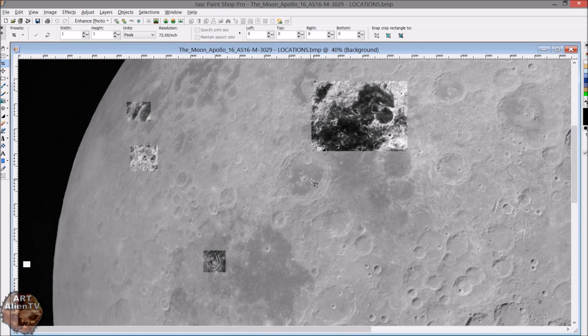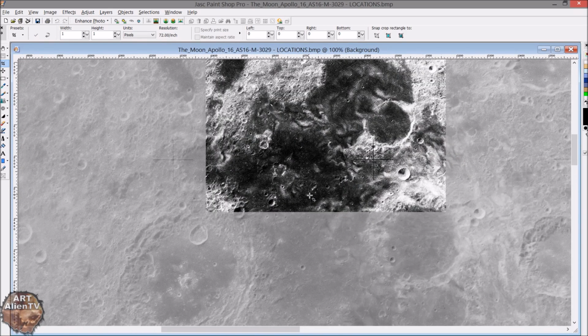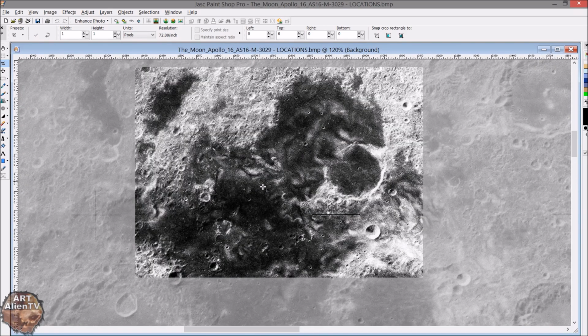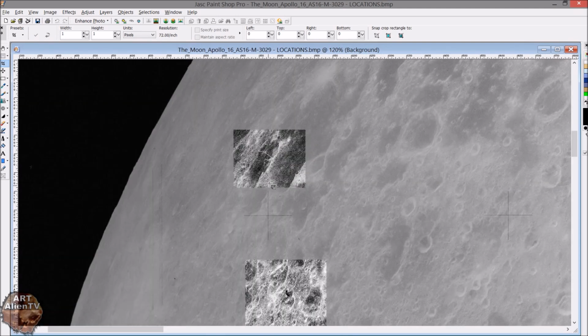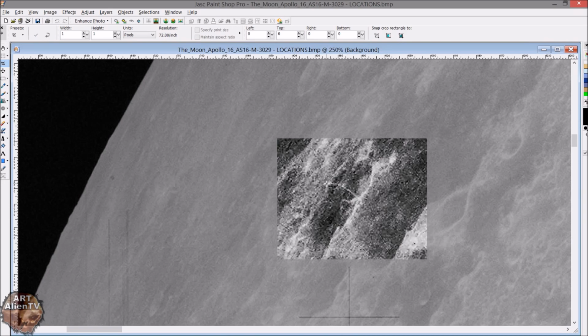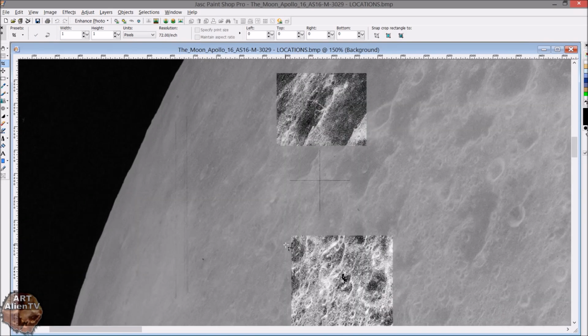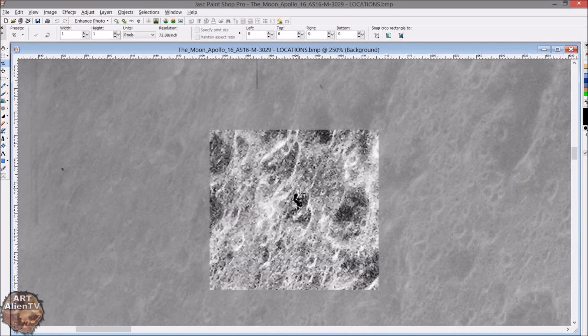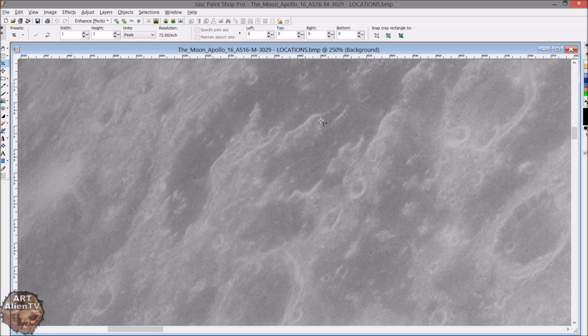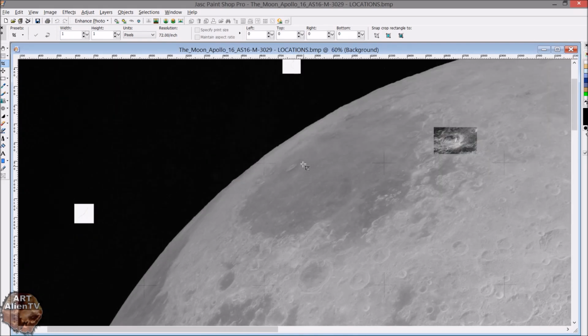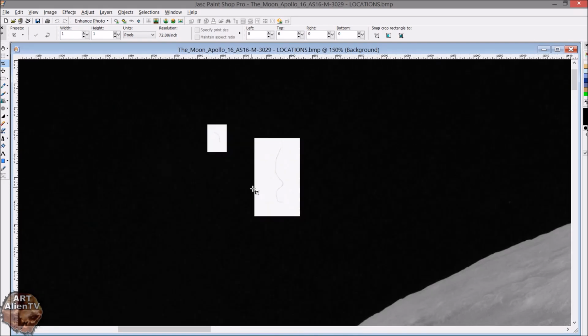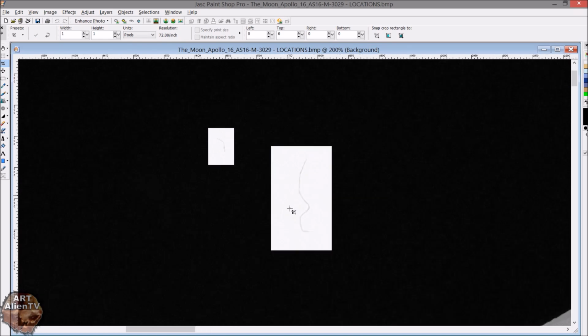Here's my basic enhancements I did first before I clipped the images out. There's these swirly patterns here, which are all over this dark area. There's a weird line there, which I think is probably an image artifact also. There's that other image artifact that looks like a guy's body or a person walking along the surface, which is really weird. And there's loads of these swirly, squiggly artifacts in the image, which I've